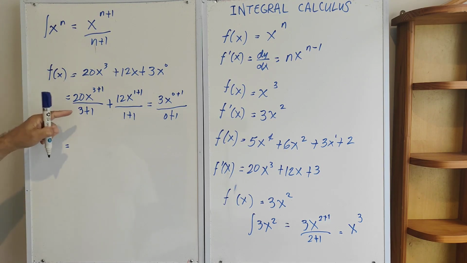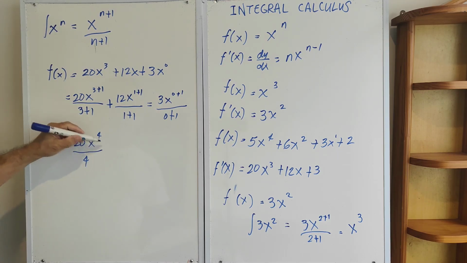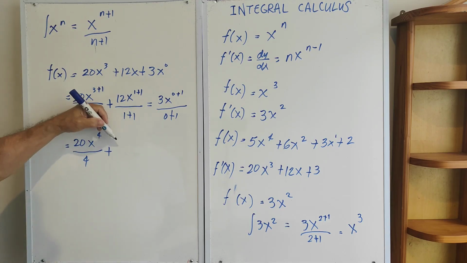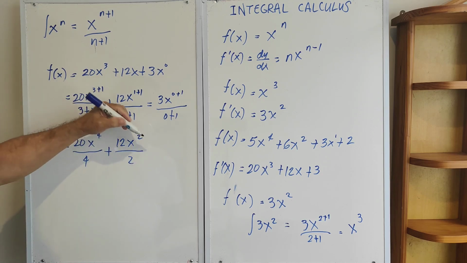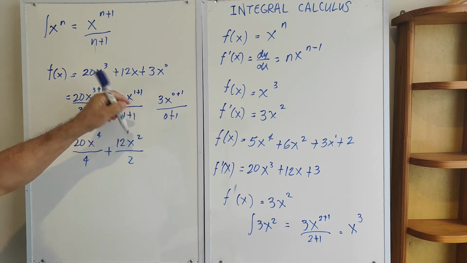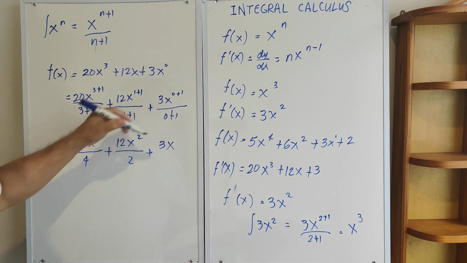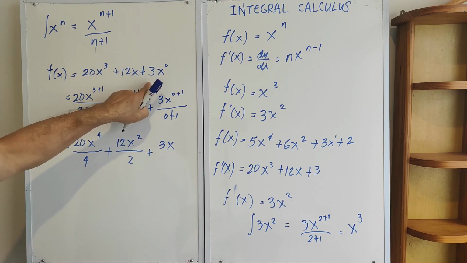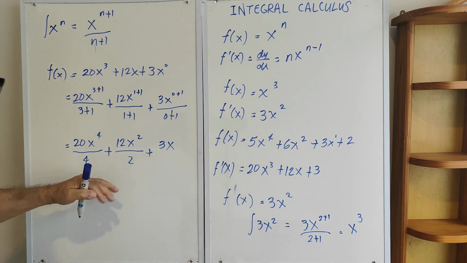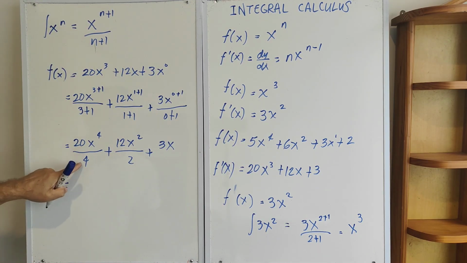So what we have is 20 x to the 4th over 4 plus 12 x squared over 2. This is plus, sorry. Plus 3x. Yeah, so this was 3. Now if you compare this one to the original one, let's finalize this one. 20 divided by 4 is 5, x to the 4th plus